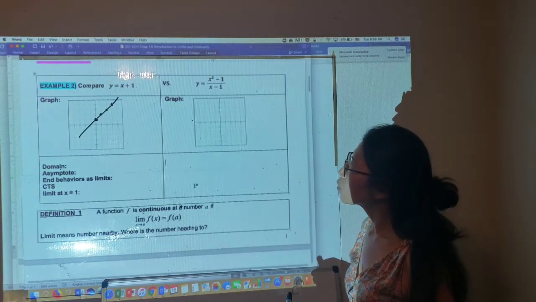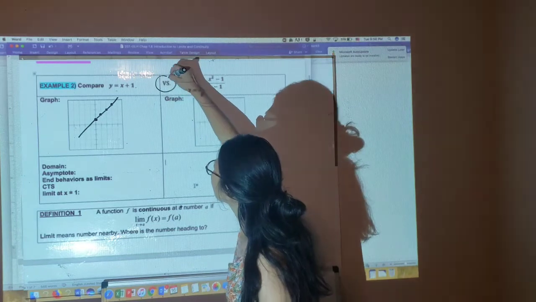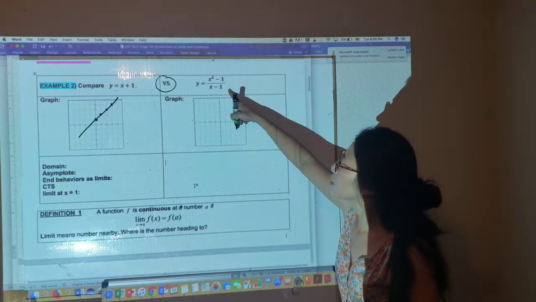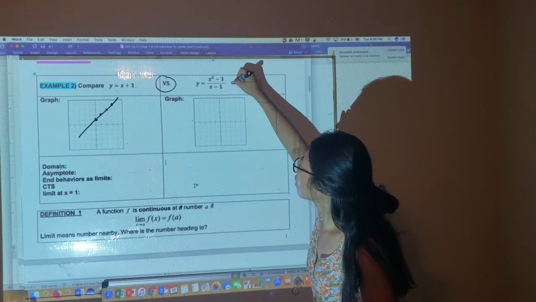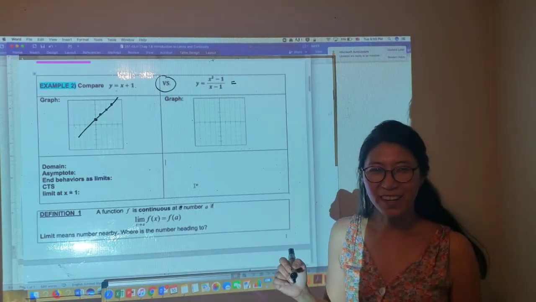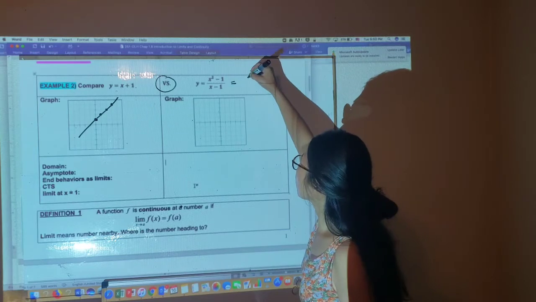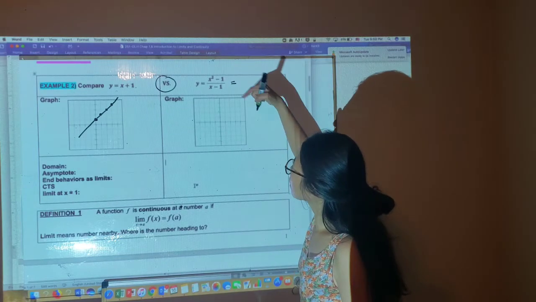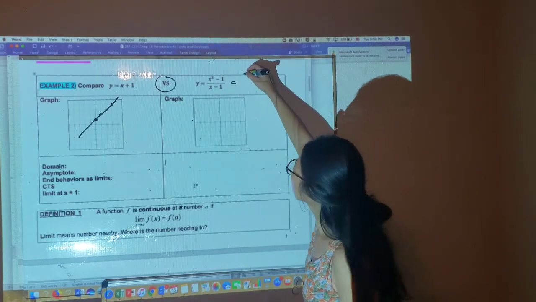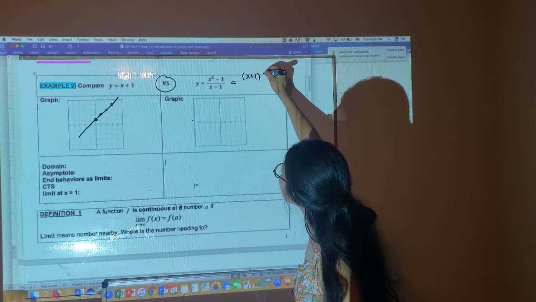Then I'd like to compare this function with the next one. We actually saw this one the other day, 1.6 last questions. I briefly explained it for about 1 minute. If I look at this one, it looks like a rational function, I'm going to factor